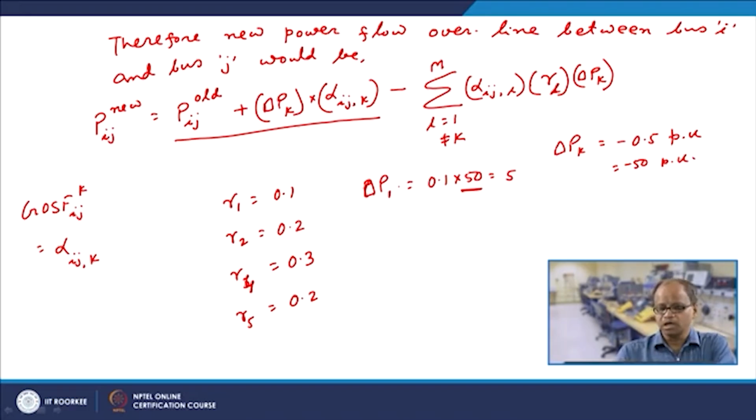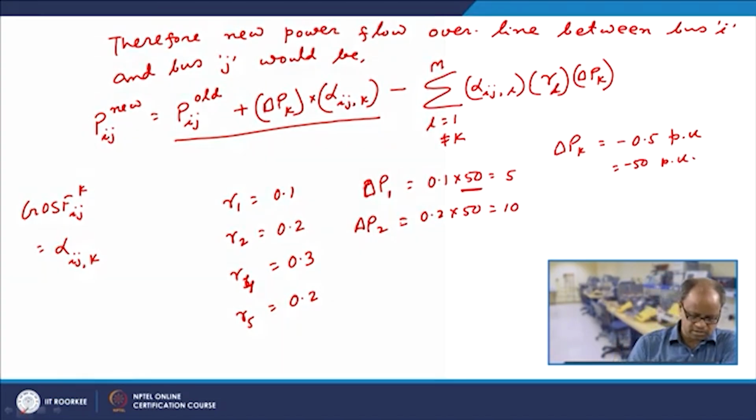Here in this case the generator is going out of order, and the other is giving more. So this should be opposite in sign. Similarly, delta P2 would be 0.2 into 50 is equal to 10, and so on and so forth. So if we apply this,